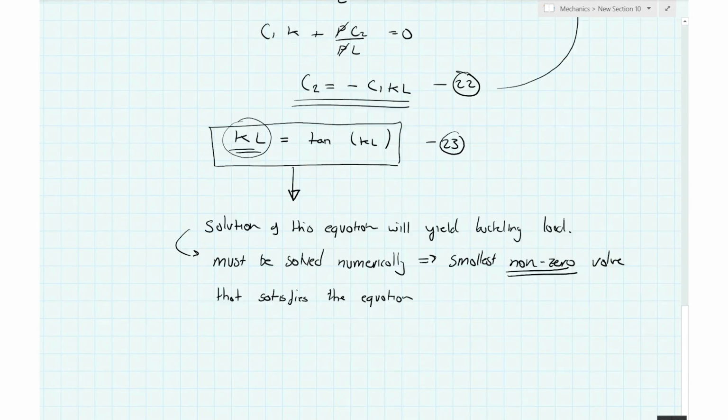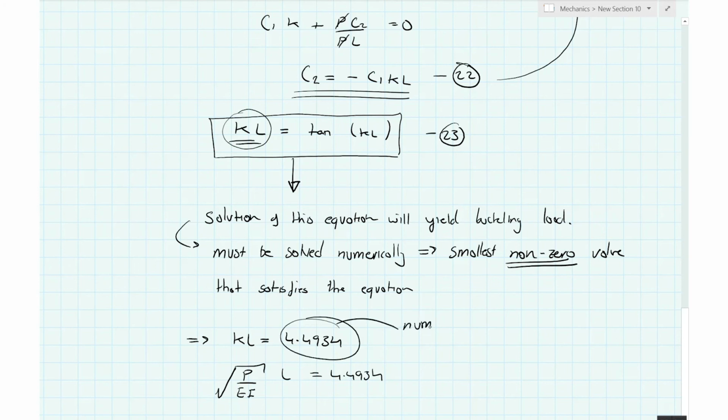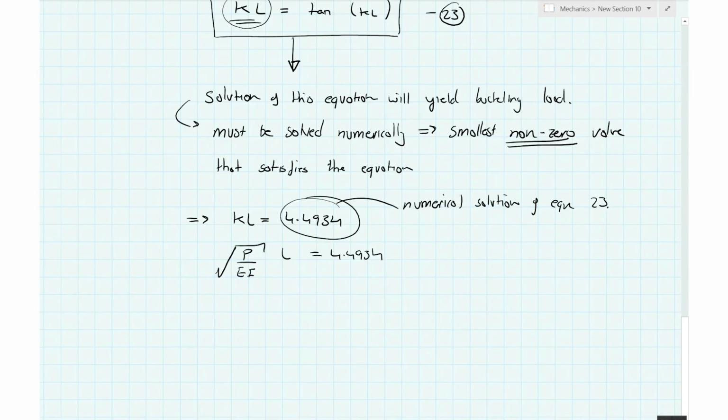Now, when you do solve that numerically, it turns out that a value for KL of 4.4934 is what we're looking for. So subbing back in for K, remember K was the square root of P over EI, times L equals 4.4934. And remember, that didn't come out of thin air. That came from the numerical solution of equation 23. And as I said, the expression for the critical load drops out of that equation. So we can solve and make P the subject of the equation, which gives us PCR equal to 20.19